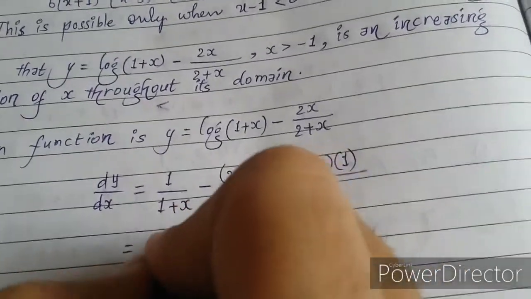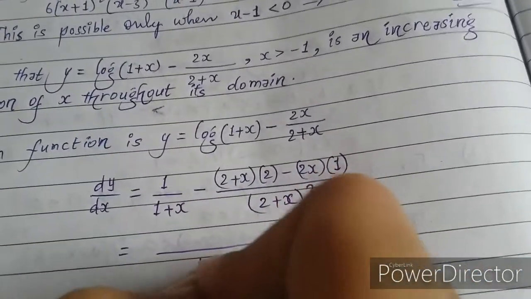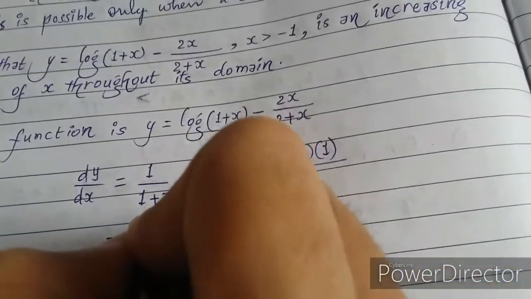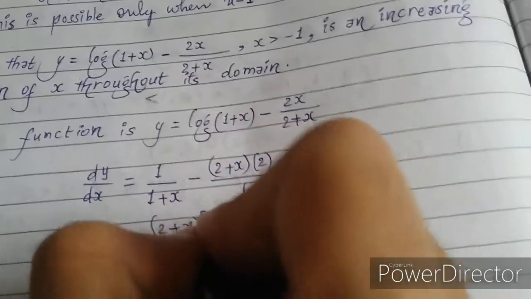So this is equal to, LCM here 1 plus x into 2 plus x whole square, here 2 plus x whole square minus